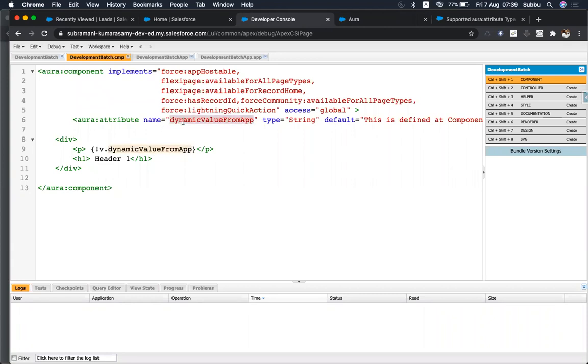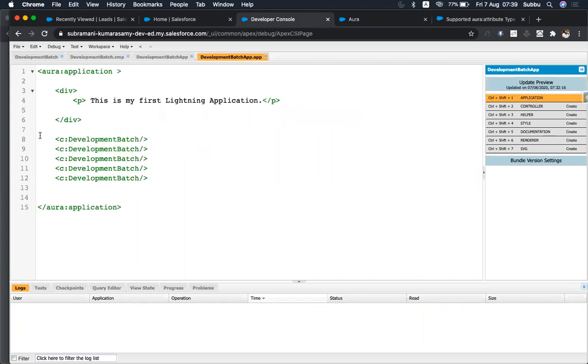Okay, so you have this attribute name. So from where you are calling this component, you are calling the component from here. So how you can pass the value also. So you have an attribute at the component level, you are calling that attribute at the application and you are passing the value. Okay, so the first component, let it have the default value. The second component, you can pass this value.